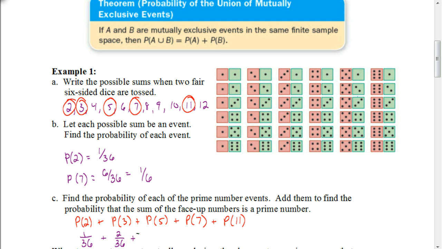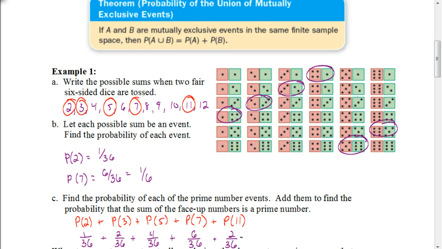Again, since we're going to be adding these together, we're going to leave these fractions in unreduced form. The probability of getting a 5, well, that happens 1, 2, 3, 4 times out of the 36. The probability of getting a 7, like we already said, was 6 out of 36. And the probability of getting 11 would be these 2 times